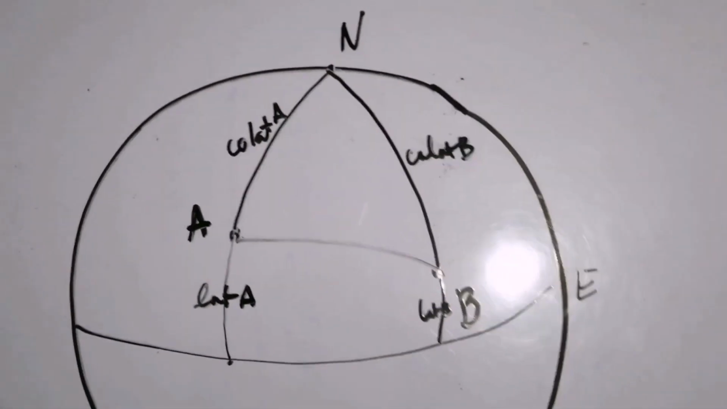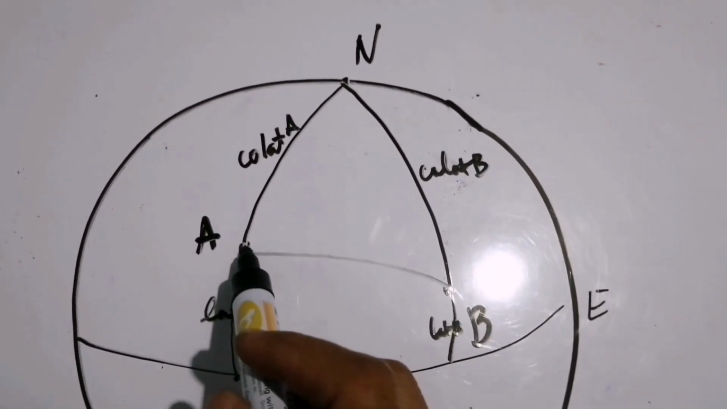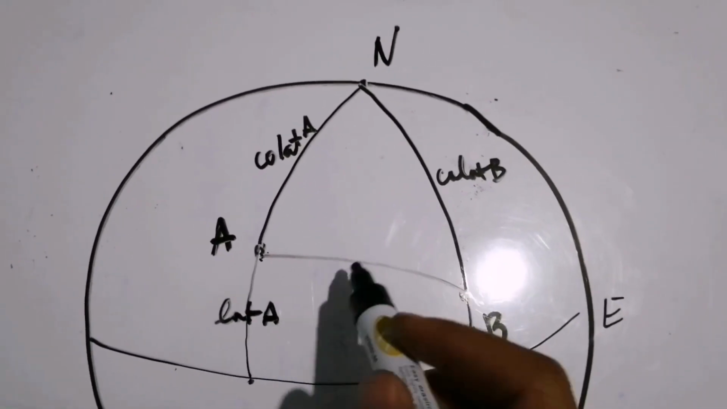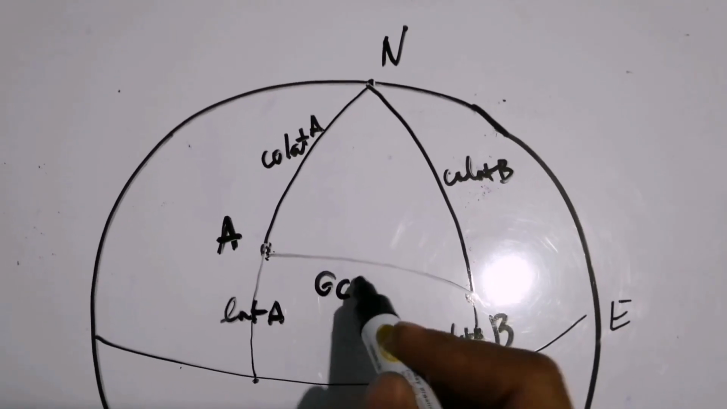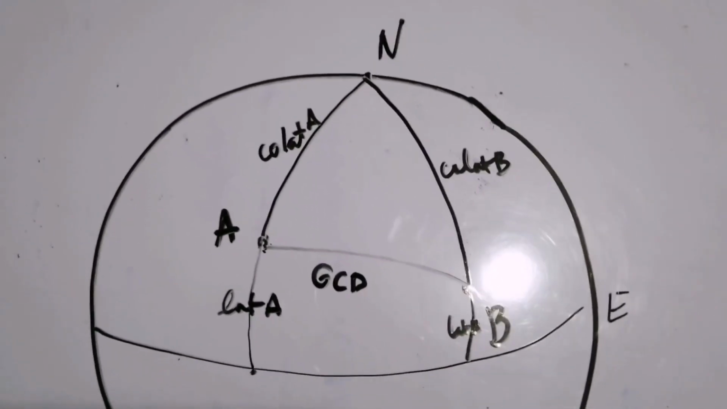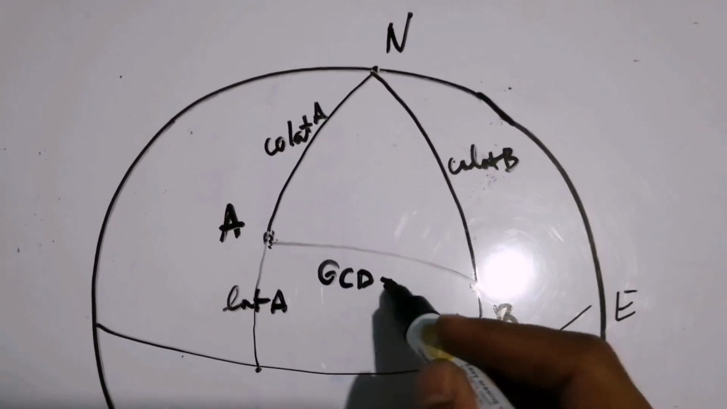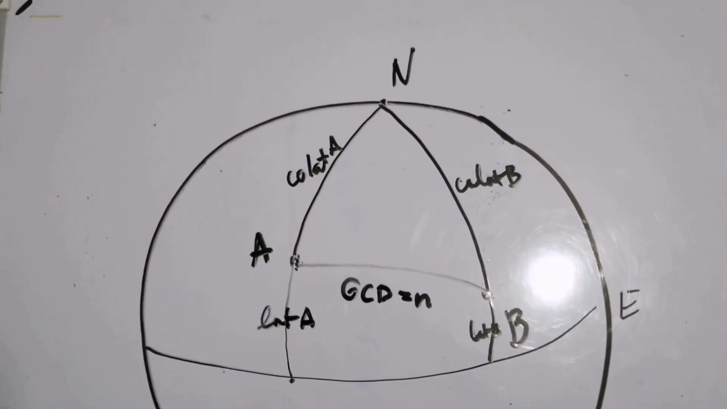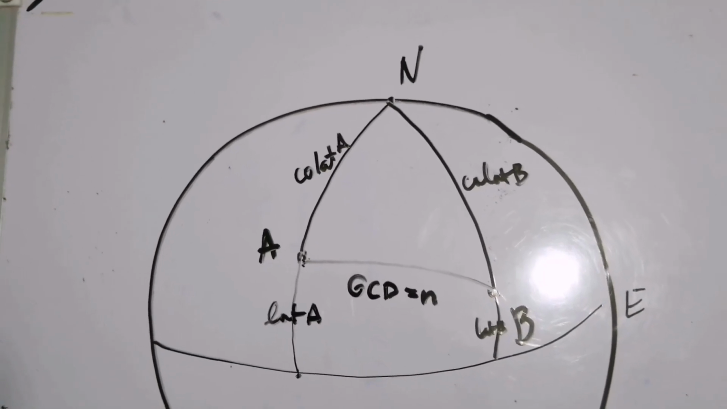Next, since we made a great circle passing through point A and point B, we will denote this to be the great circle distance between A and B, and we denote this to be your small n. Okay, so the next thing is we will now try to identify the angles of your terrestrial